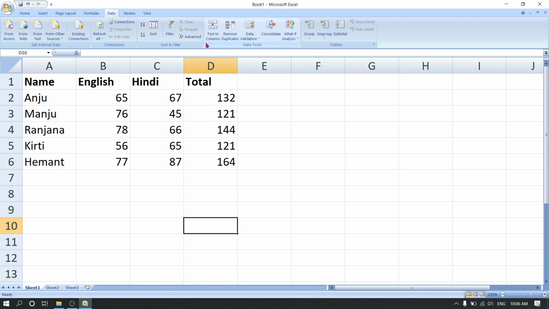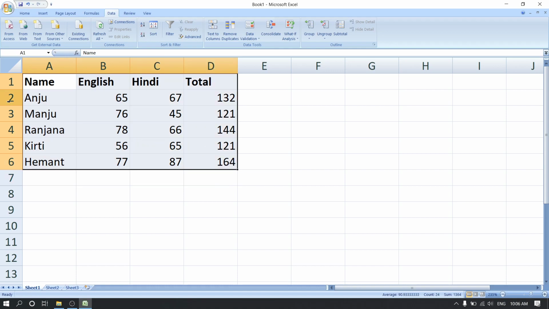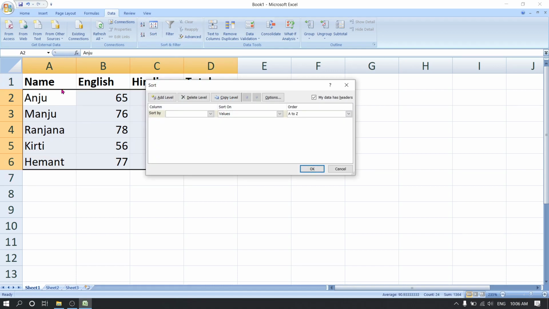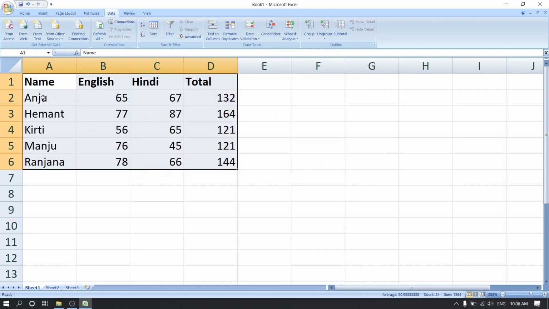To do sorting and filter, you should first open the worksheet that you want to work on, select it, and then you first put a sort. You should click on the sort. Now, column, you want to sort it with the name, then values, order A to Z. Okay. Now see, it has automatically changed from A to Z. Now you can click here to get Z to A, right? And R is first here, or A to Z. So this is how you sort.